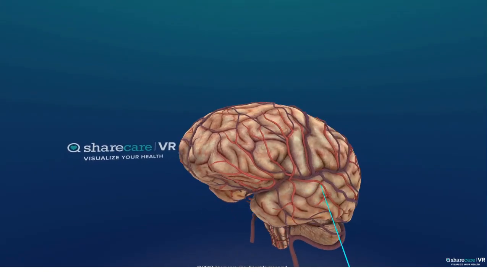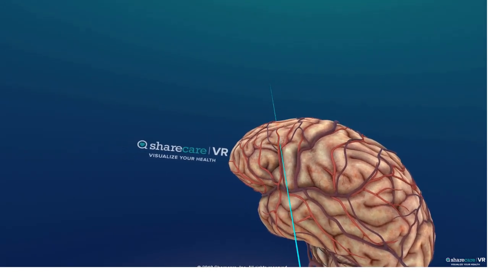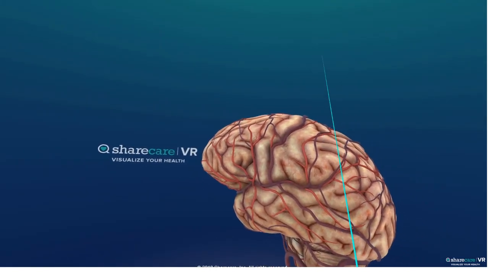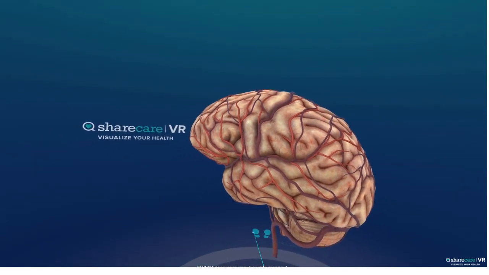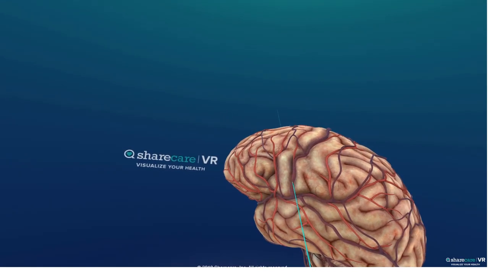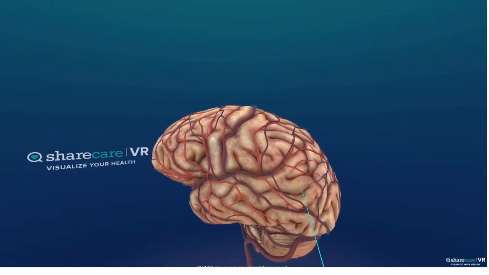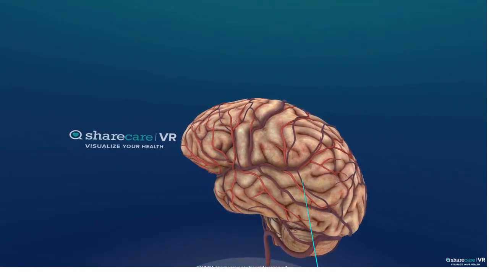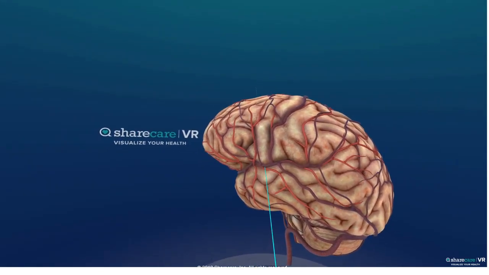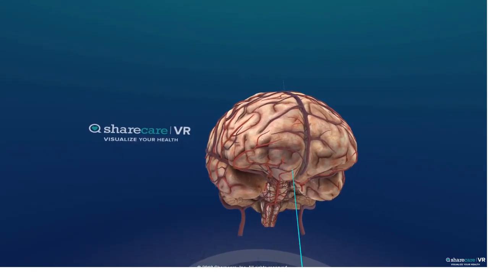And I'm going to spin this to the side now. And for the cerebrum, we're going to take a look at this is the left side of the brain, by the way. This is the anterior, superior, posterior, and inferior. And this is the frontal lobe. And this is the parietal lobe and the occipital lobe and the temporal lobe right here. And then you see the cerebellum. And now I'm going to spin this back to the front, and we are going to